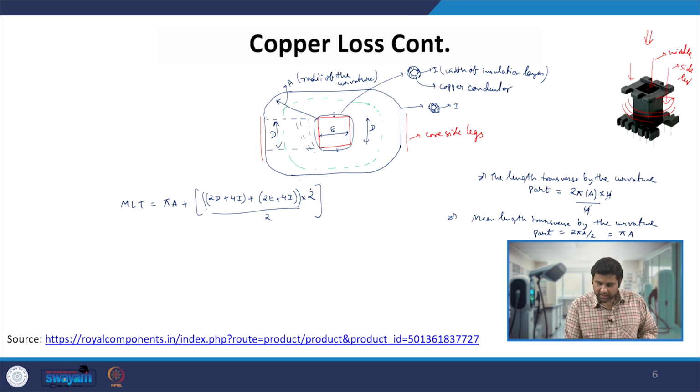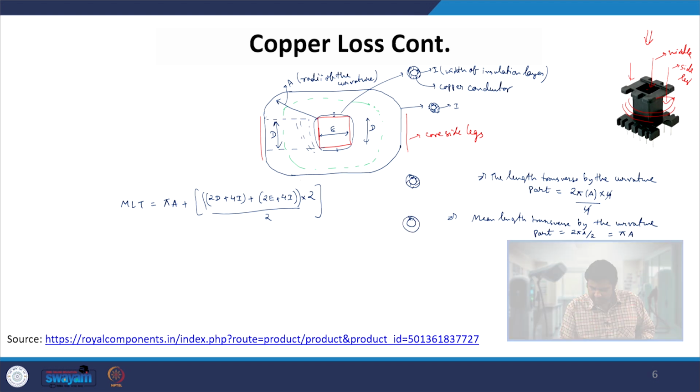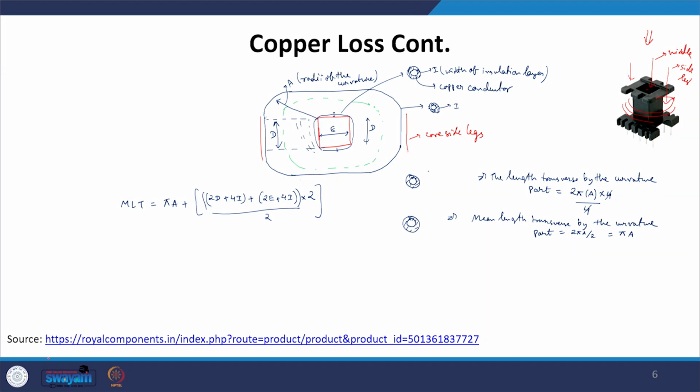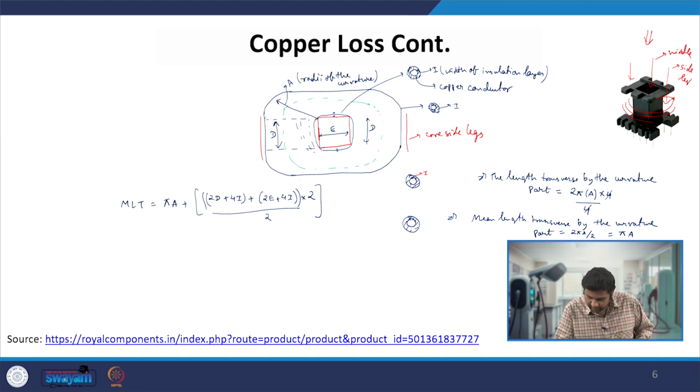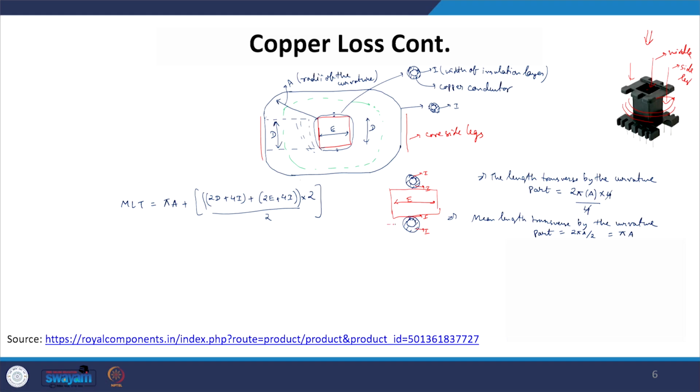Why is this 4I there? Because generally the copper conductor will be there at the top, copper conductor will be there at the bottom, this side insulation is there, this side insulation is there, so you can say 1I, 2I, 3I, 4I, and this is again the bobbin's middle area having E. So I am drawing this part here. The windings will be going in this direction with the insulation at the top and the insulation at the bottom. So this is nothing but the value of MLT.